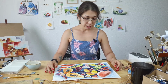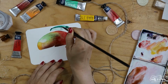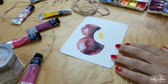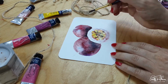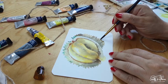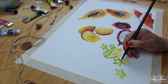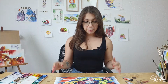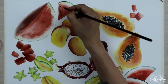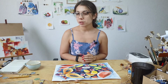And here it's a bunch of fruits that I teach how to paint every fruit separately in a series of mini courses, and then we paint like a masterpiece, which is this one. And people will be able to apply their skills that they learned in the previous mini courses to paint like this grand piece. So that took me pretty much all day to do,